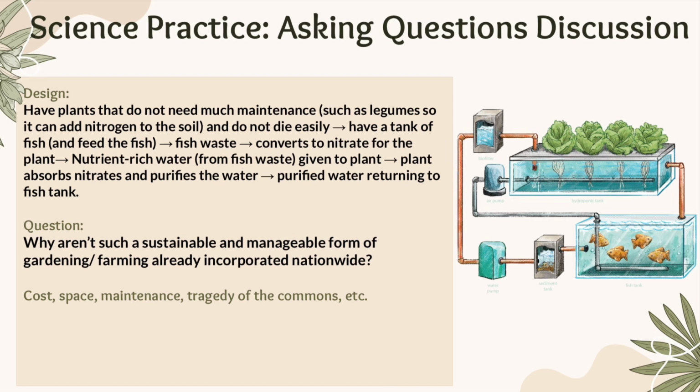Another one would be maintenance, so who's checking the plants, water, and the fish, along with some plants aren't accessible or can't survive in different climates. So we can incorporate this nationwide, possibly. Another one would be tragedy of the commons. So people in populated areas may take advantage of the system and ruin the cycle. So the plants or the fish could get removed from the system and basically ruin the whole thing, and that's